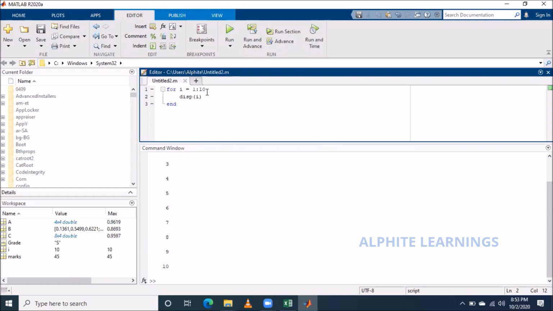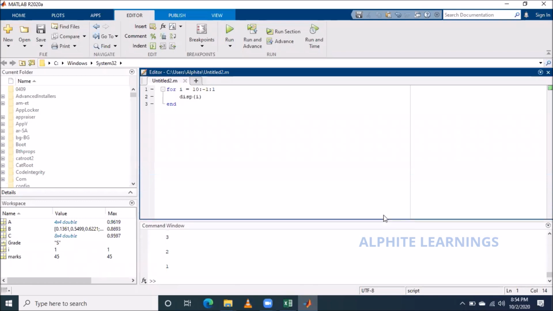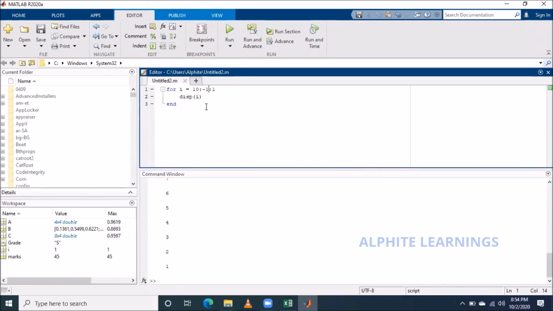Right? The same thing, now I'm using a step condition. See here, with a step of 2, it prints 1, 3, 5, 7, 9, right? The same thing I'm writing backward, printing 10 to 1. 10 to 1, how come? If we only use plus, we won't get that. So I'll say minus 1 as the step, in reverse, right? So I run, and in reverse I got 10, 9, 8, 7, 6, 5, 4, 3, 2, 1, right? So this is the for loop.